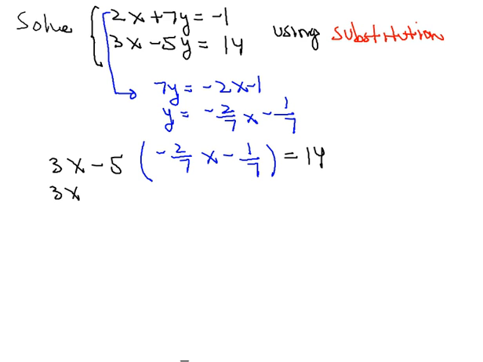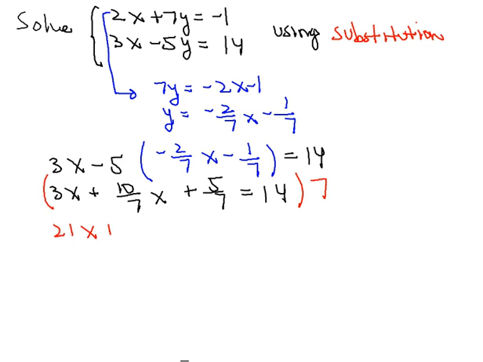So we'll have 3x continuing the process here, and if we distribute, we can see that the -5 times the -2/7x will produce then plus 10/7x, and -5 times the -1/7 will produce then 5/7, being equal to 14. Now, since I don't like fractions a great deal, and I'm sure you probably don't either, what I'm going to do next is to eliminate the fractions from the equation. And to do that, I'm going to multiply every term here by 7. So that will then produce for us